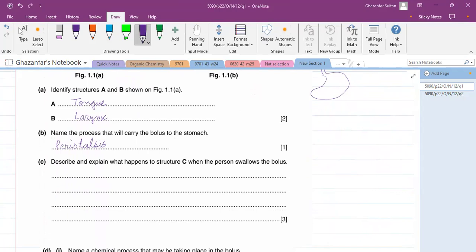So what does it do? It closes the trachea. So this is for 1 mark. But why does it close? Because it closes the trachea, that is helped by larynx,